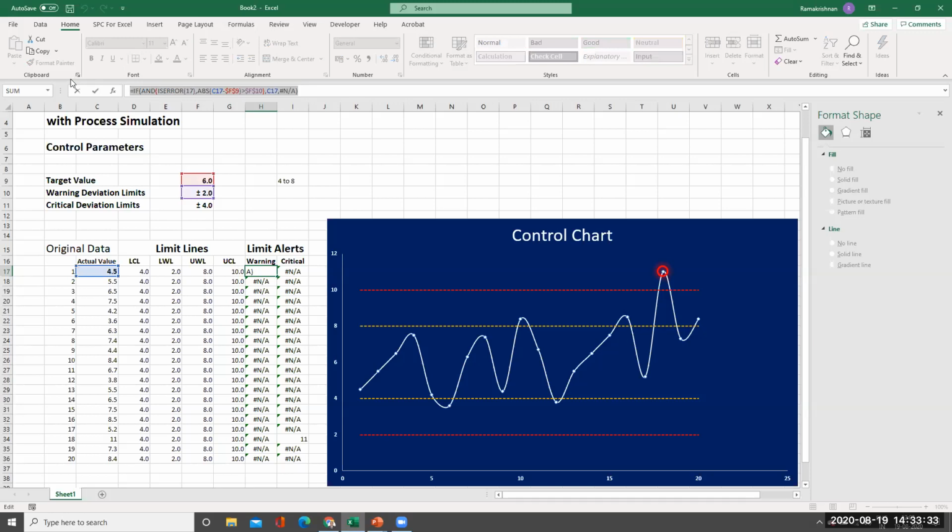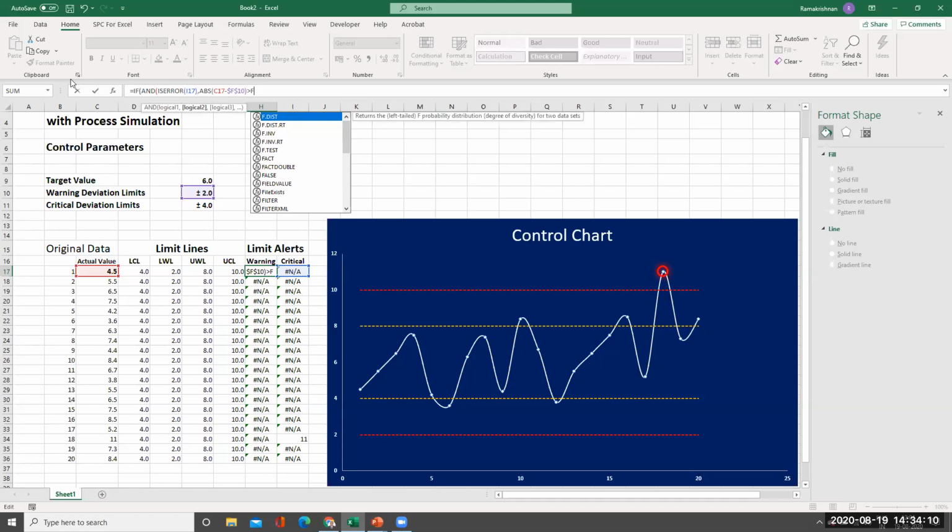I will rewrite again, equal to if and, C17, sorry, not C17, I17 is error I17, comma absolute C17 minus F10 greater than, sorry, F10 here only F10, comma C17, comma hash NA. I'll have to put it as F9 here, right? 9.